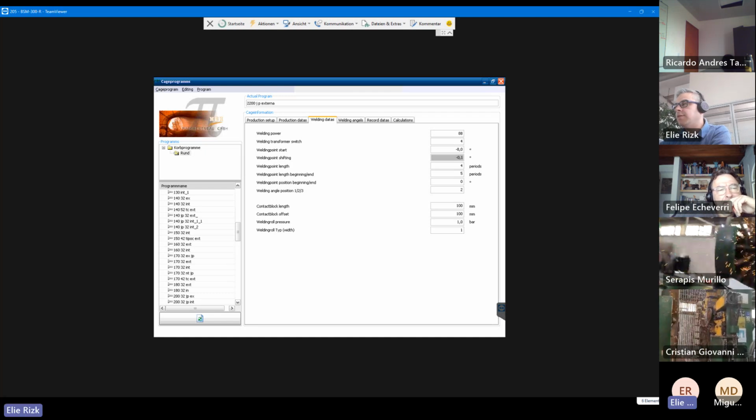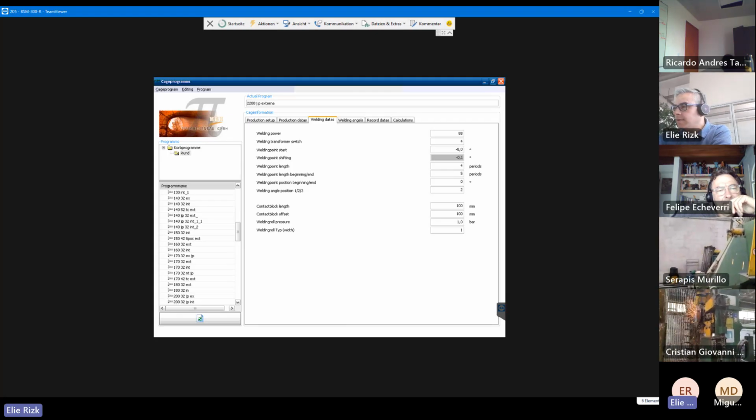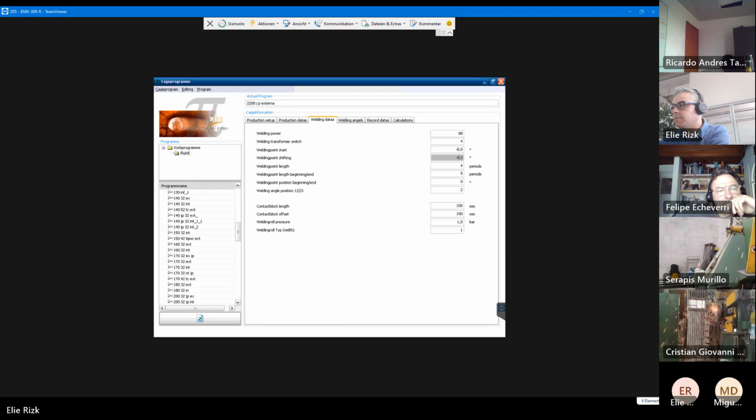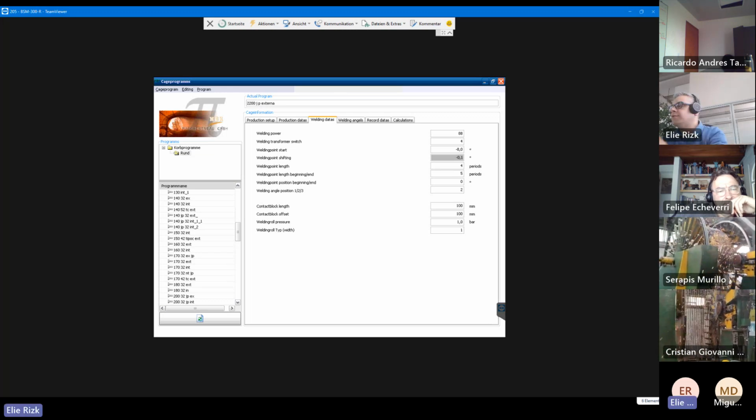Just control that, but I think it's an operator problem, not a pressure problem. Yeah, here on this side, I think you can see the pressure regulator. So just make sure that this